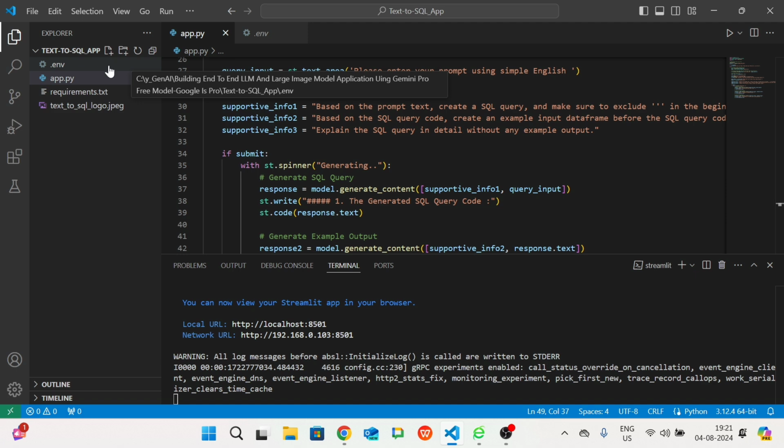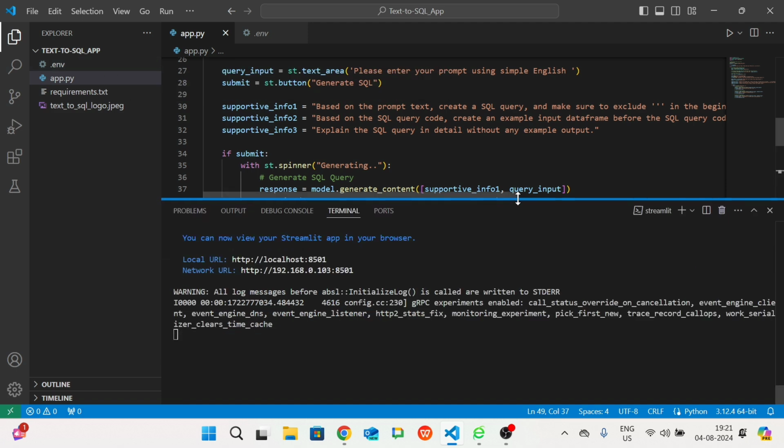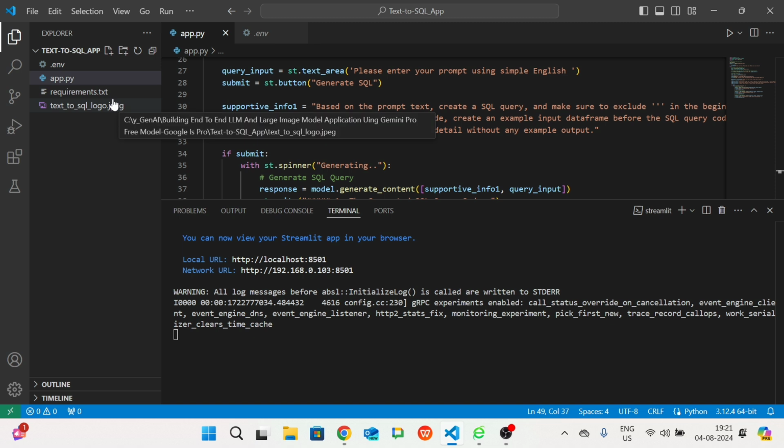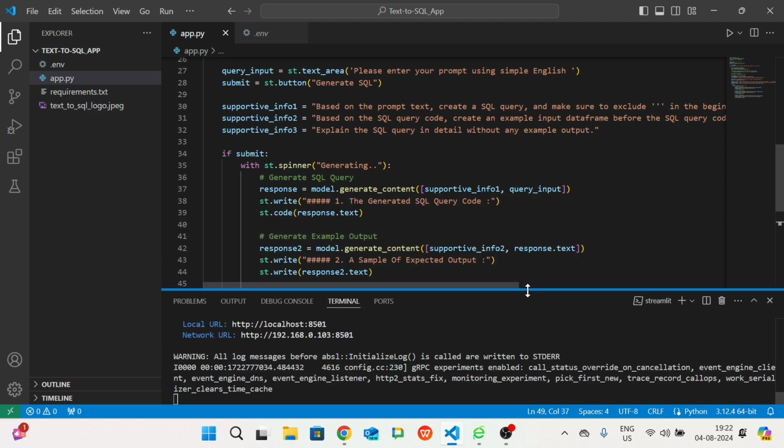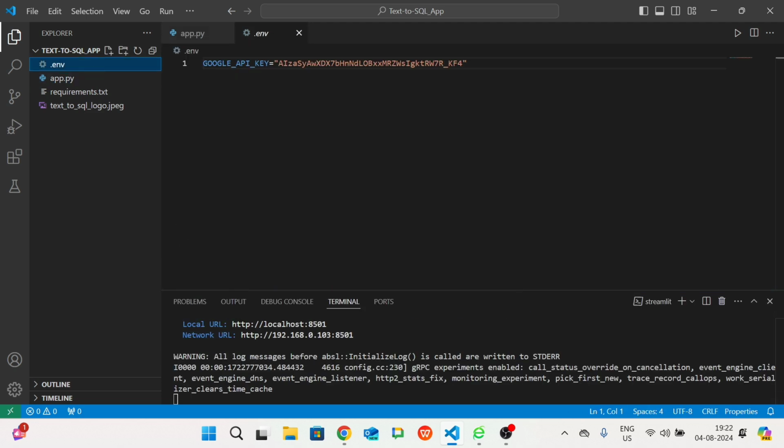So the first thing is to create an environment. In my case, I am in the folder in which my environment is created. In that there is one more subfolder, and the name of that subfolder is text to SQL app. So I already have my environment, no worry for me. But for you, if you created a new folder, please create an environment. Okay. And another thing is first the .env and your Google API key. Go and do this first, and let me know after you complete it.